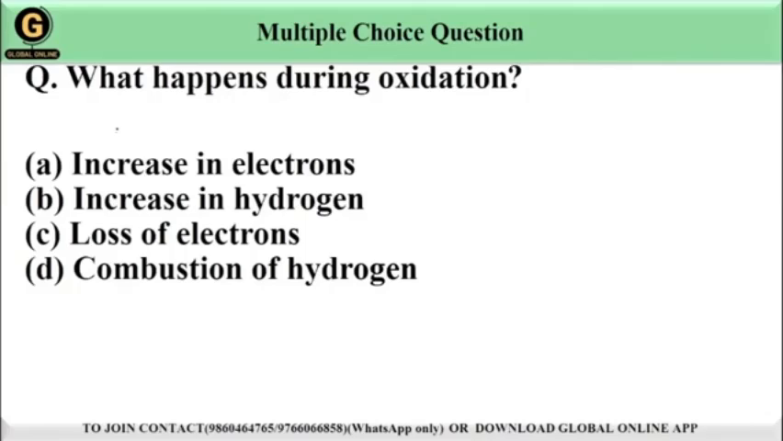What happens during oxidation? Options are given: option A, increase in electrons, option B, increase in hydrogen, option C, loss of electrons, option D, combustion of hydrogen. So guys, oxidation is the process in which an atom, ion, or molecule loses electrons. This process often occurs simultaneously with reduction, where another substance gains the electrons. In many cases, oxidation also involves the addition of oxygen to a substance, but the defining feature is the loss of electrons. So the correct answer among the options is option C, loss of